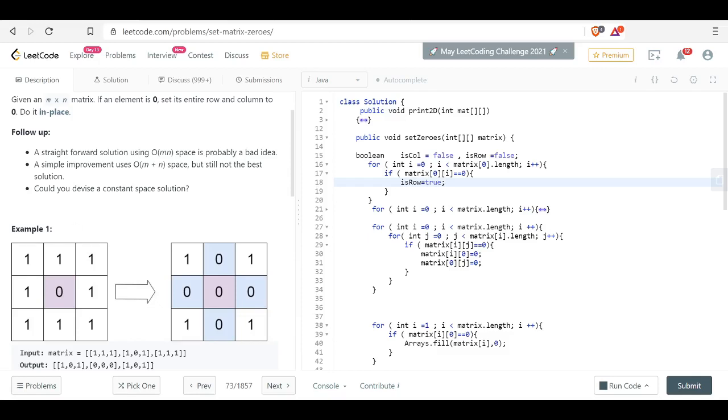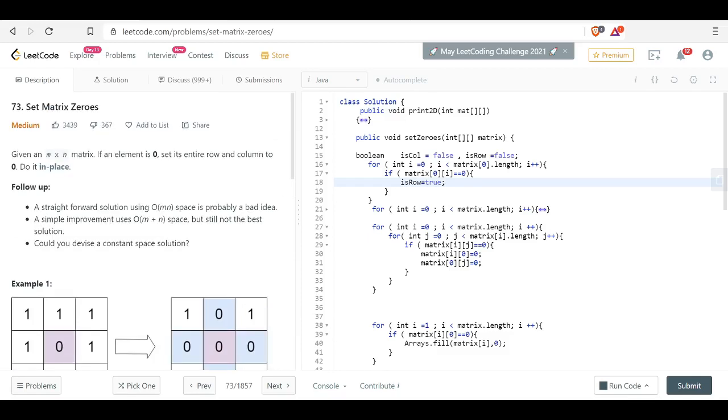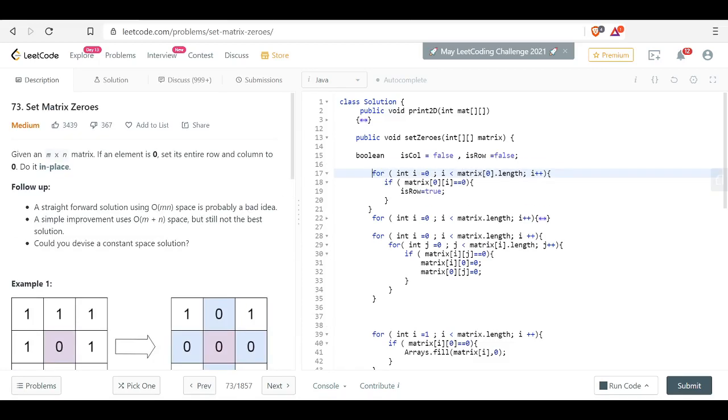Yes, let's understand the code. There was some error before. I just declared two variables, is column and is row. Basically this will initially check whether my row or my column contains a 0 or not.